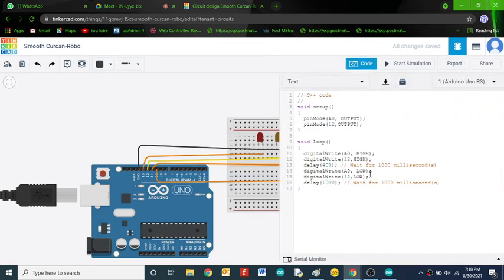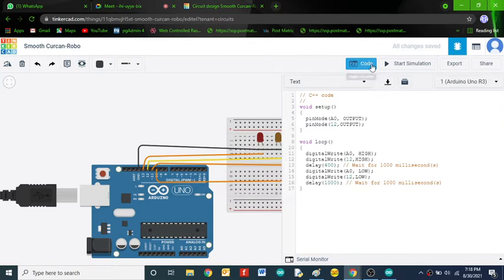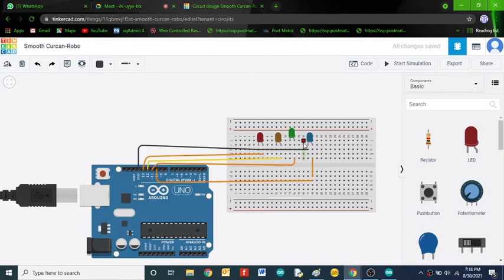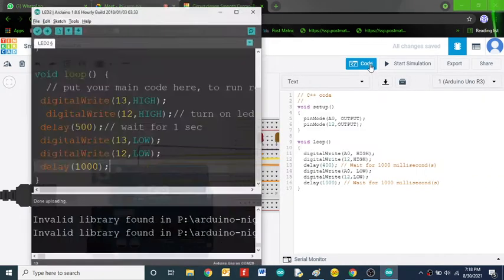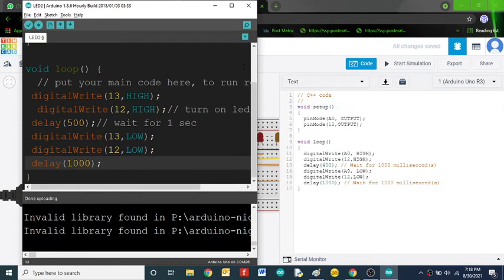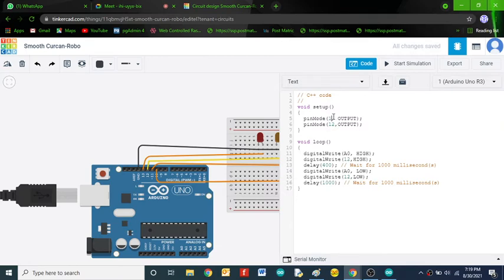So again, if I want to go for the parallel connection now, because we have the parallel coding now. Okay, so now we have to turn on 4 LEDs at a time, and we have to turn off the 4 LEDs at a time. Now who will tell me what modifications I need to change here? Okay, let's take this as 13.